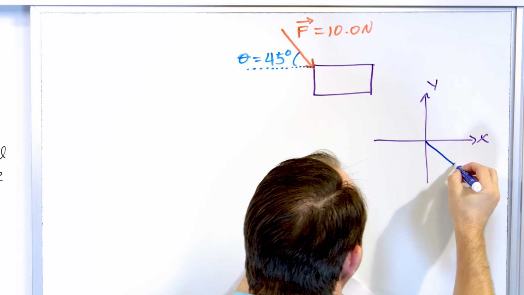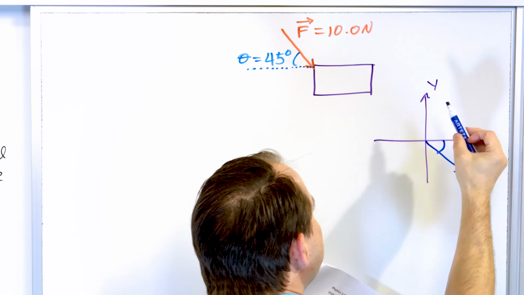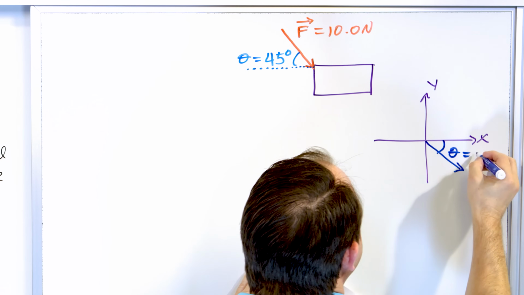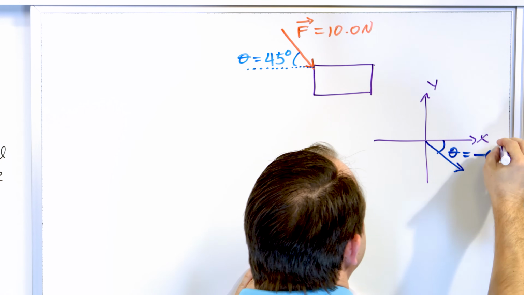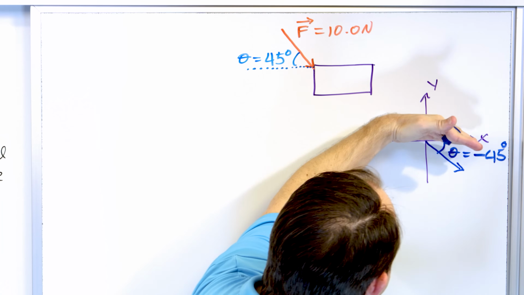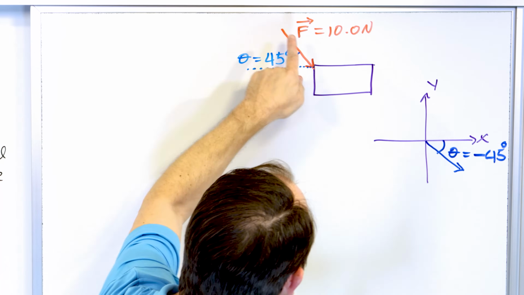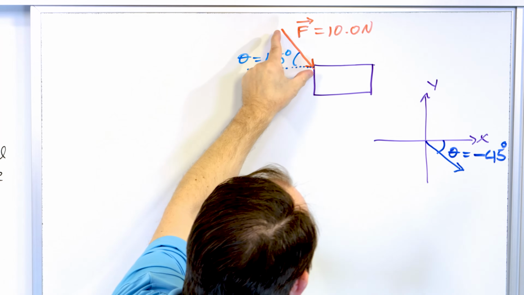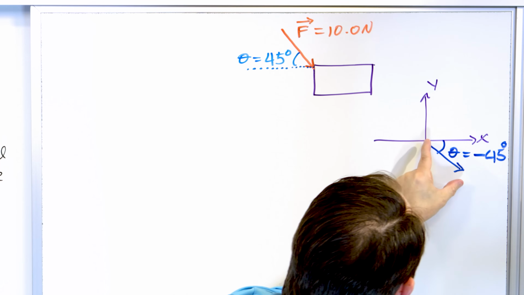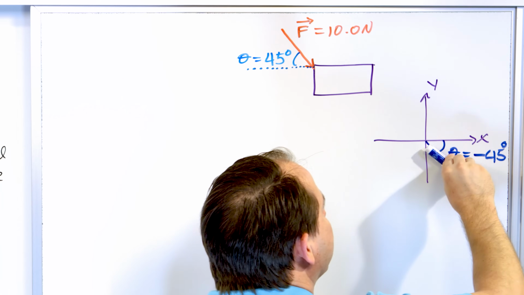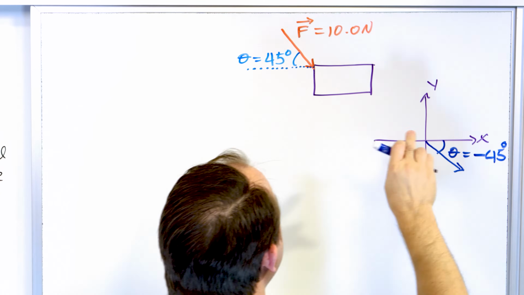You can say, all right, this is below the horizontal, and remember, if these are positive angles, you can consider these to be negative angles, so you can say this is negative 45 degrees. The negative sign tells you the angle is below the horizon. So you see how these two things are basically the same as far as the angle. If you take that arrow and put it down here, it's the same thing. So you can consider it being 45 degrees below the horizontal at an angle of negative 45,